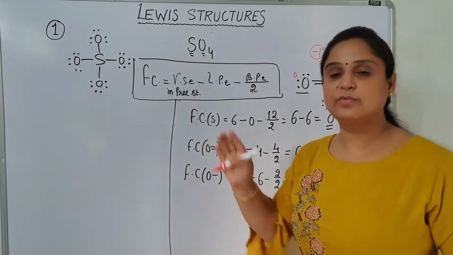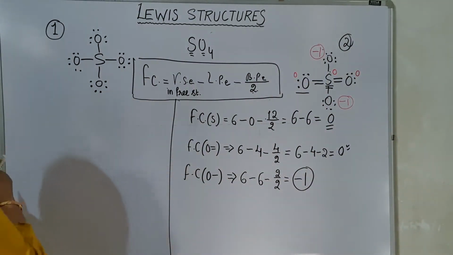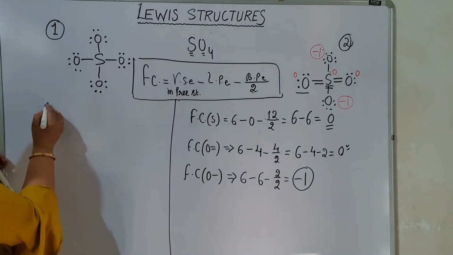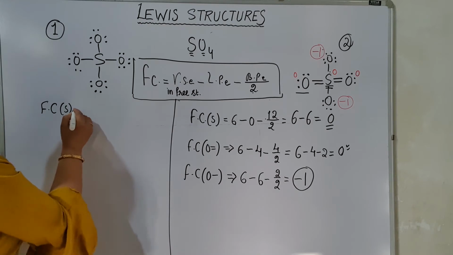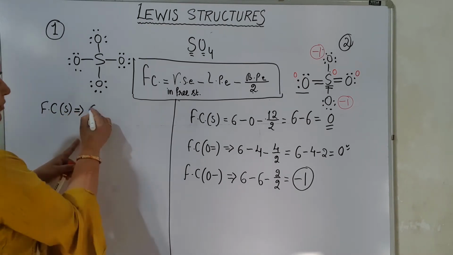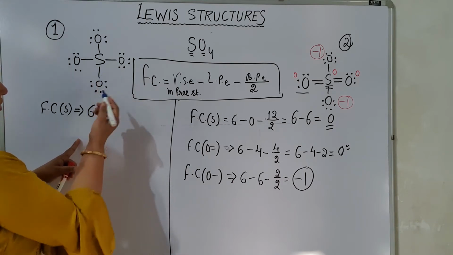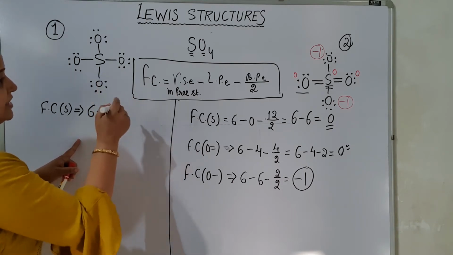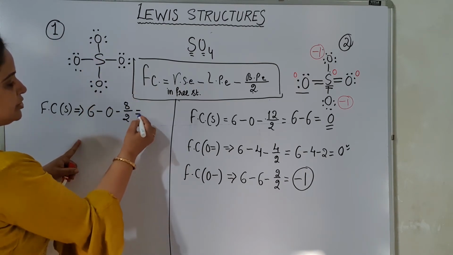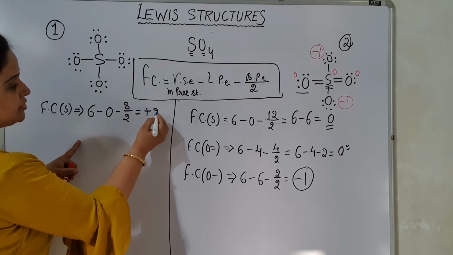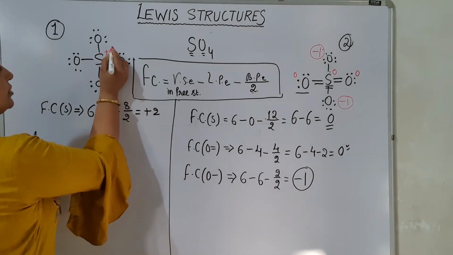Now let's see what will be the formal charge of these atoms in the other structure. So I am doing it. Let's find out the formal charge on the sulfur first. So this is the formal charge on the sulfur in this particular structure. The number of valence shell electrons, obviously 6, it will not change. Lone pair of electrons, we can't see any, it is 0. Can you see the bond pairs? 1, 2, 3, 4, 5, 6, 7, 8. Yes, 8 divided by 2. So what is the formal charge left out? Plus 2. So this sulfur is having formal charge plus 2.